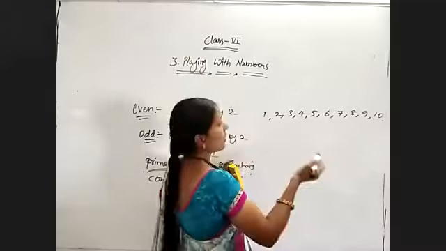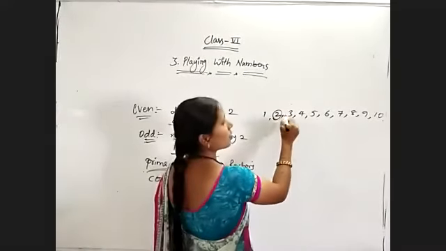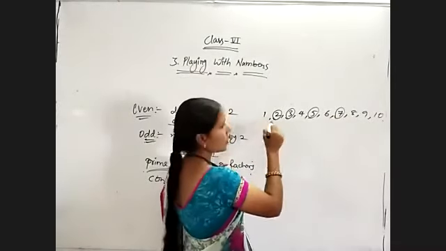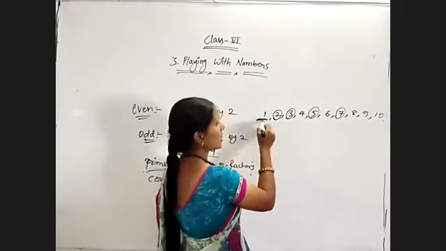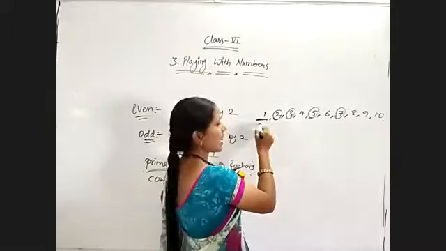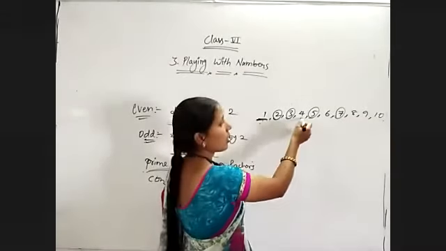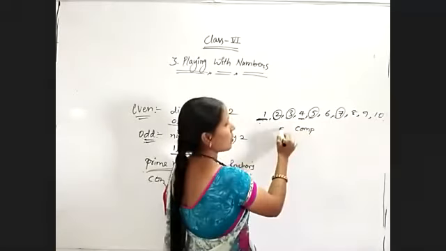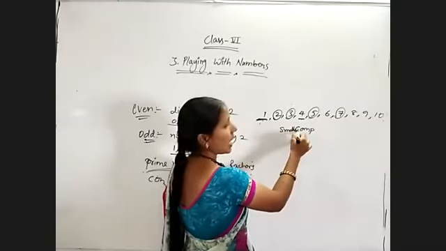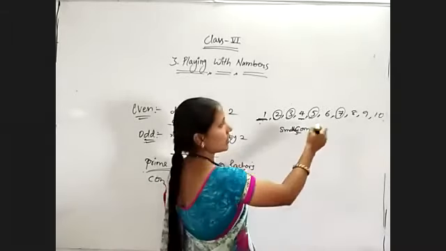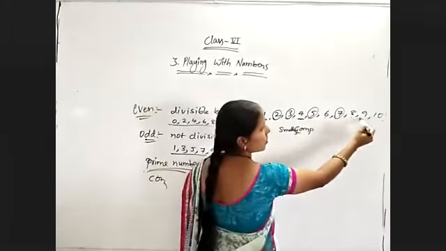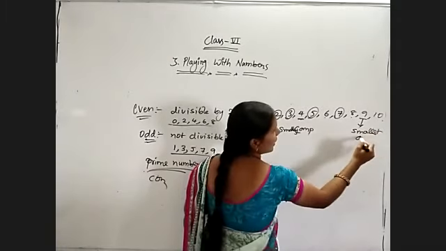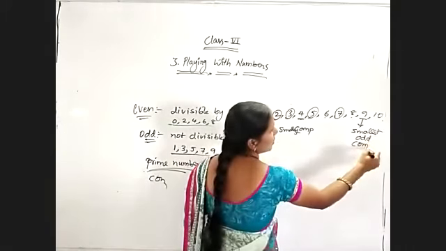Now observe the prime numbers in this range: 2, 3, 5, 7 are the prime numbers. Remaining all are composite numbers except 1, because it is neither prime nor composite, as it has only 1 factor. Now coming to 4, the smallest composite number. But if I am asking the smallest odd composite number, 6 is even, 8 is also even. So 9 is the smallest odd composite number. This is very, very important. So you will get bits for it also.